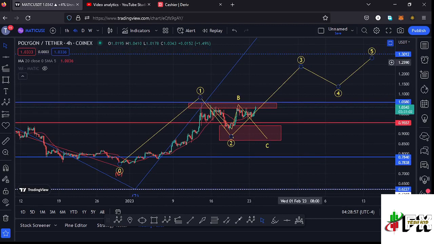And given the support of the 20-day MA and also the key area of support at around the $0.95 mark, and also the key area of support at around the $1 mark, we have the support that we need for us to continue pushing even higher and continue unlocking even higher prices in the formation of this wave 3 of this Elliot wave structure in yellow, which is right here, and sketching out a minimum target area to the upside